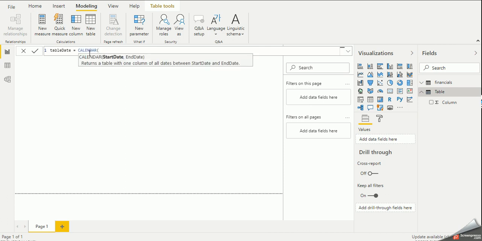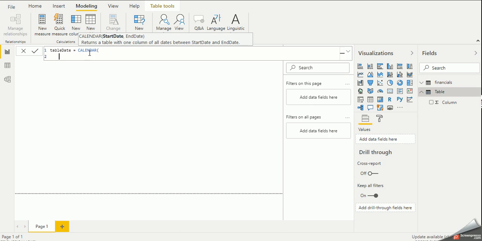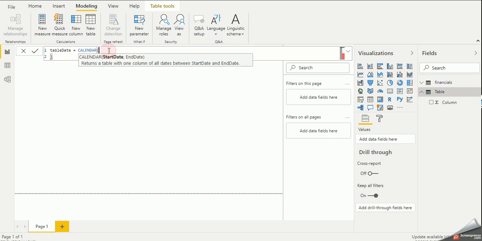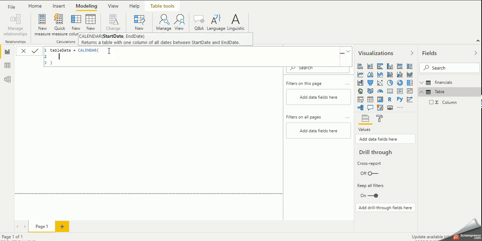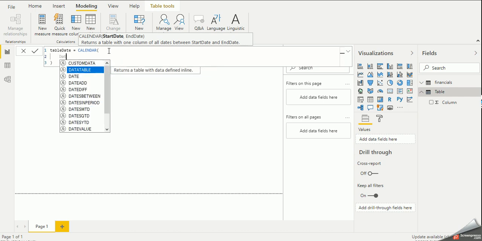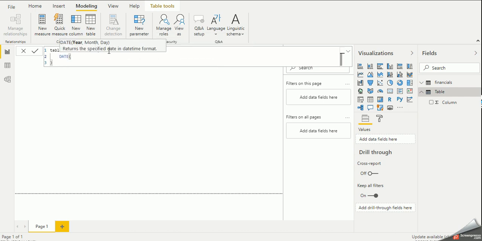Now you can see that when I write CALENDAR, it's showing me the start date and the end date. So we will use one more parameter. You can see that I just close this date parameter, and for simplicity I am doing some indenting over here. So we will use DATE, and now I will put 2015 as a year. You can see that here it is showing year, month and day.